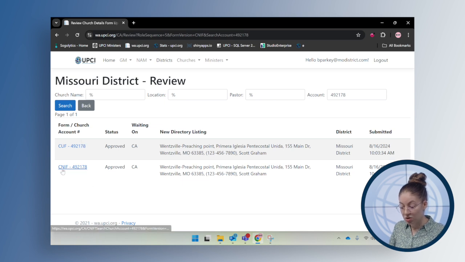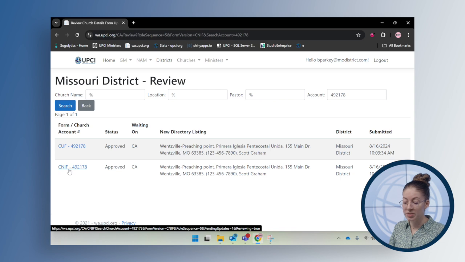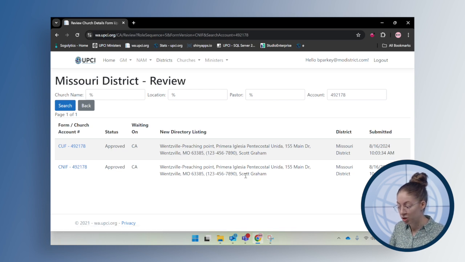So I can see this church no longer in fellowship form, CNIF. That form is here. It's waiting on church administration, and I can see it's related to the preaching point that we just submitted. Now you may be asking, why are there two forms here? Well, what we're looking at is the district review page, and by default, because I just edited that preaching point, it's going to show me any other forms that are active and pending church administration